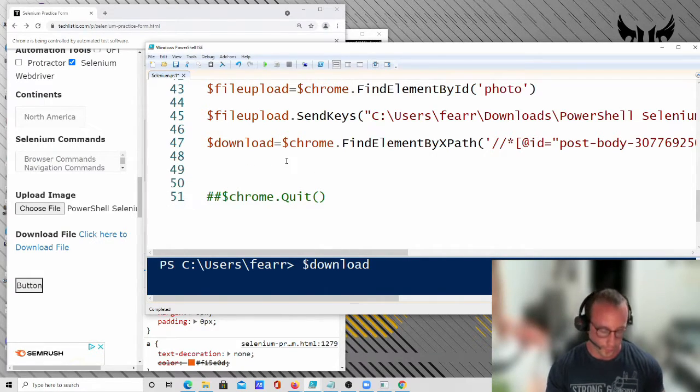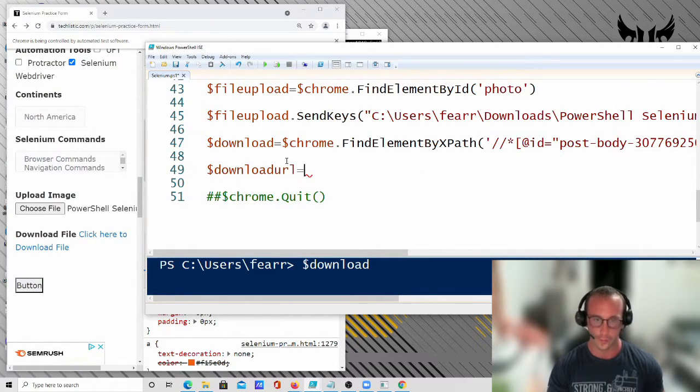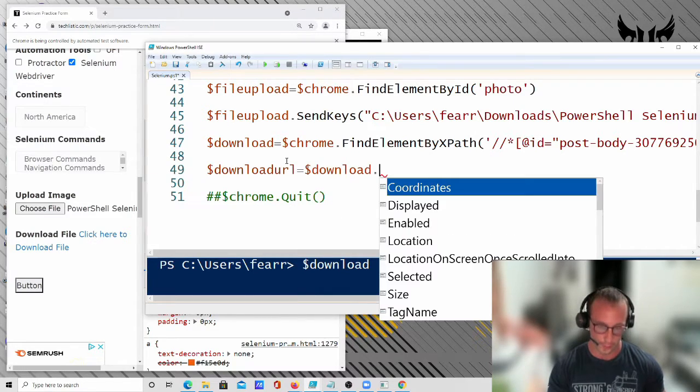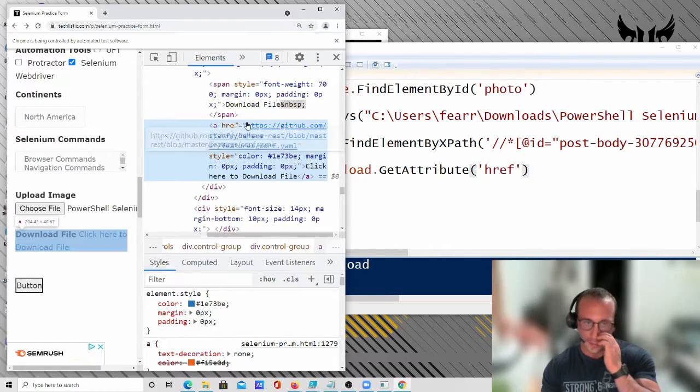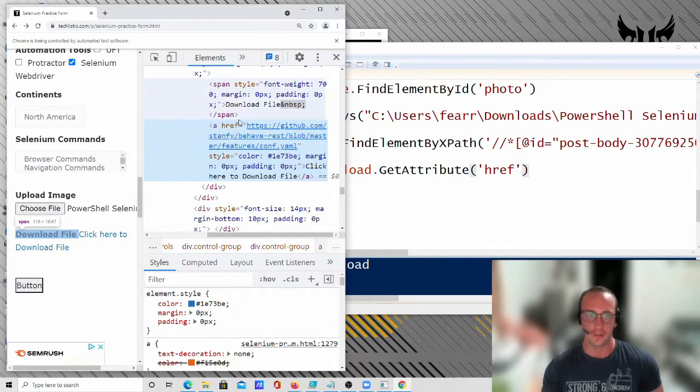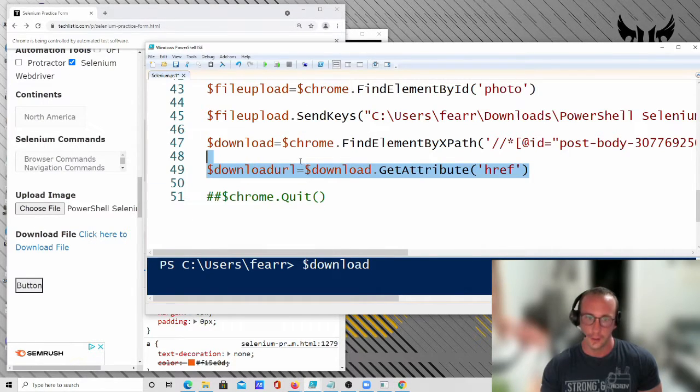So what we want to do is download URL. We're going to set that as a variable, equal to download dot get attribute, and we're going to get the attribute of href. Now we know in HTML that the href attribute is the actual URL to the link to the page that it's going to link to, or in this case, the file. So if we actually just run this here,